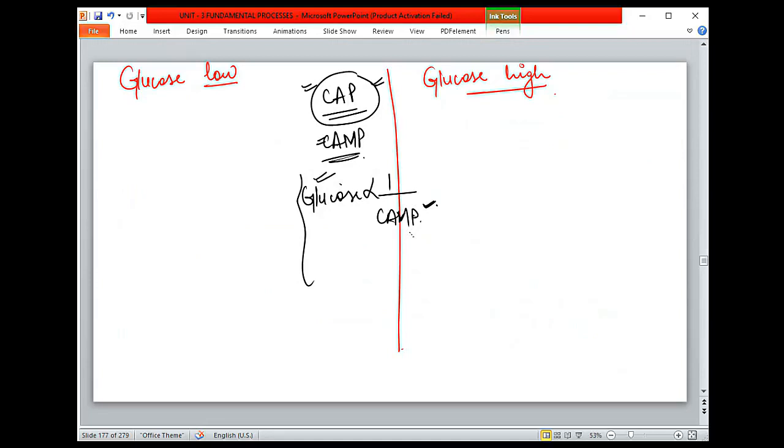Consider the scenario when the glucose level is low. This means what? Glucose is low, that means there would be high cAMP, right? Now, cAMP and CAP need to work in association with each other to get the work done. So cAMP is high, which now would attach to your